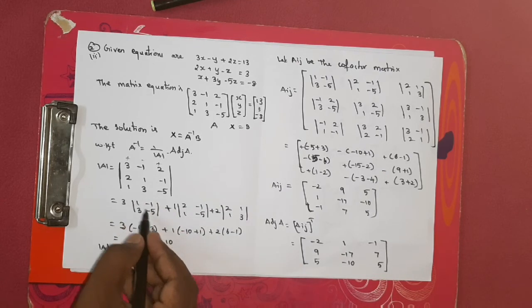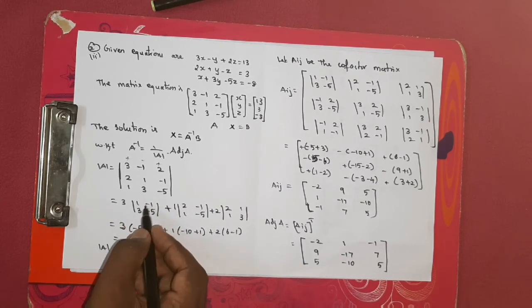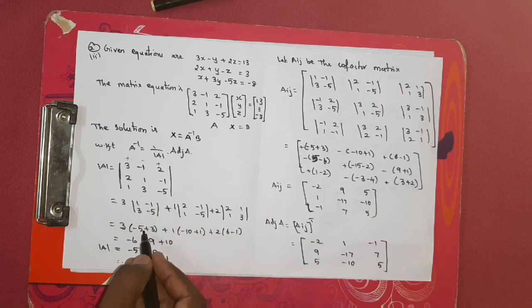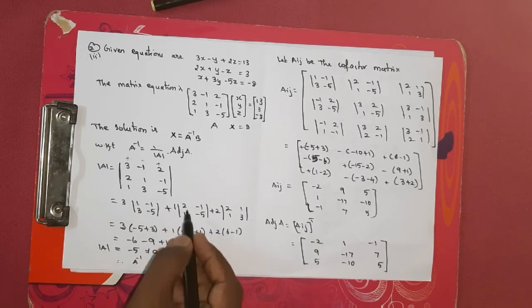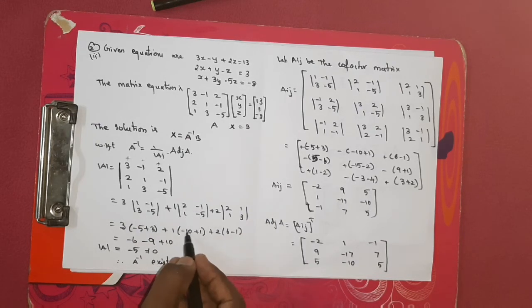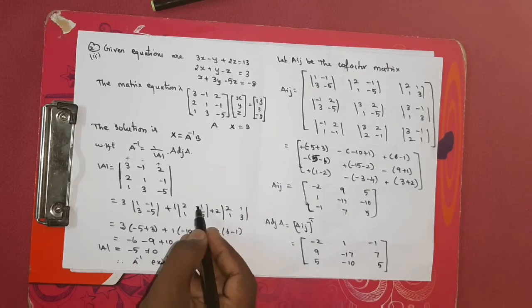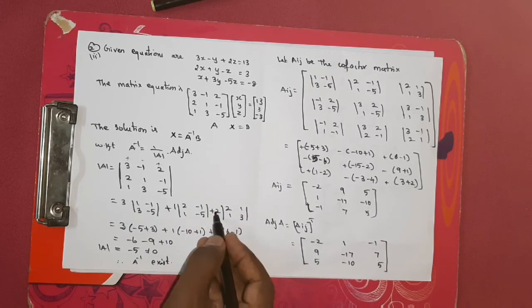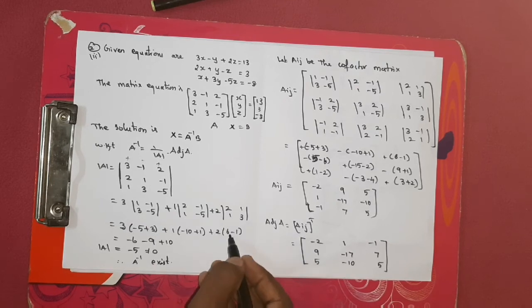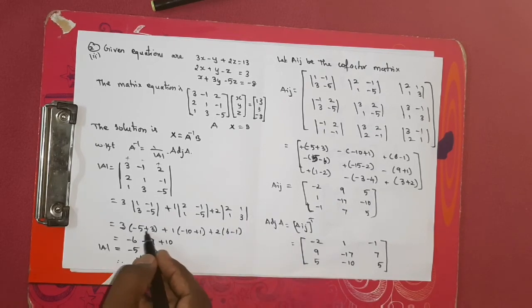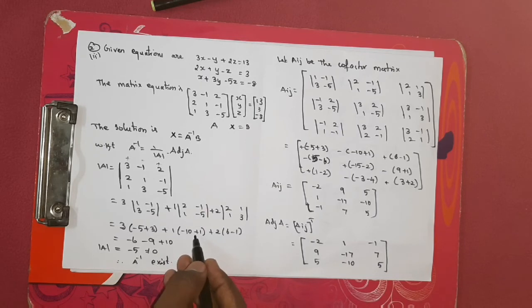Now solve this. So here you keep in mind, there is always plus minus, right? So here 1 into minus 5 minus 5, here minus 3, but already there is a minus, so plus 3. Okay, plus 1 off. Here 2 into minus 5 minus 10. So here minus 1, already there is a minus, so plus 1. So plus 2 off. 3 2s are 6. Here 1, there is a minus, so minus 1. So here minus 2 we get, minus 5 plus 3 is minus 2. Minus 2 into 3 is minus 6. Here minus 10 plus 1 is minus 9. Minus 9 into 1 is minus 9.